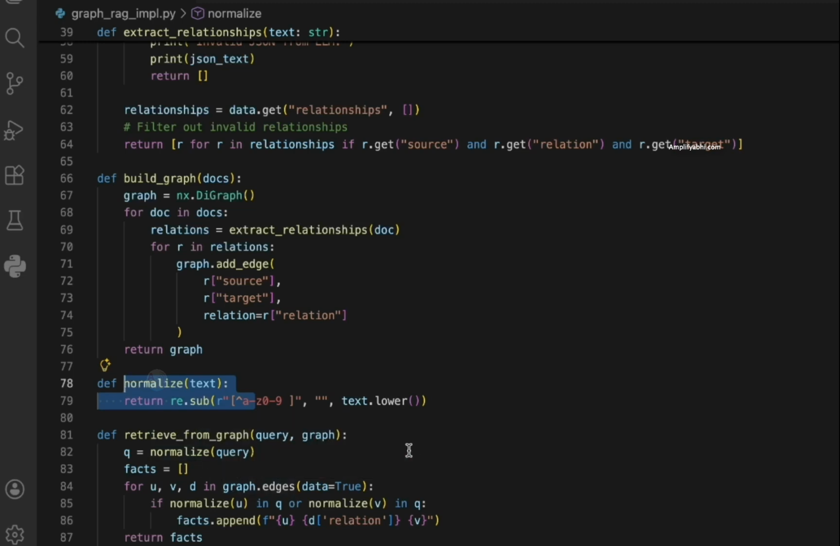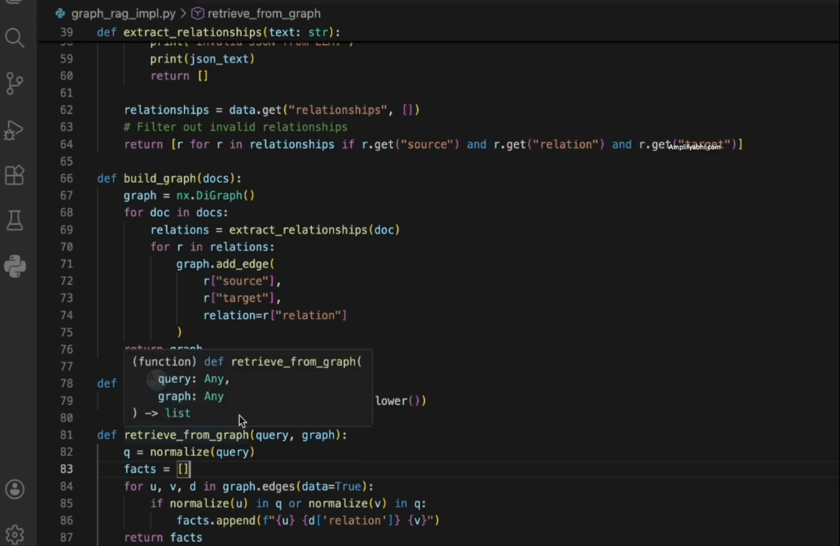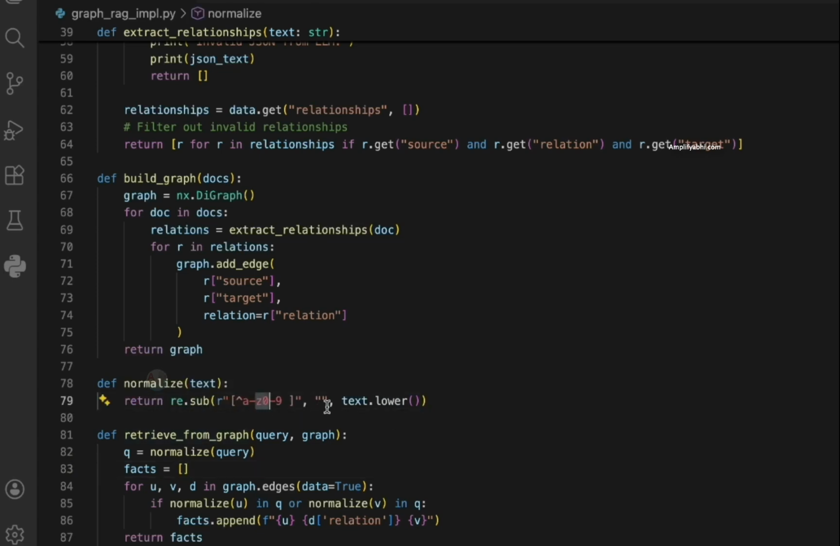The first thing is we are trying to normalize the text that is being passed to this particular function, and it's quite straightforward. You can see here we have added some regex and also tried converting the text to lowercase. The next function is retrieve from graph. Here we are making use of this normalize function, and you can find u, v, d here, out of which